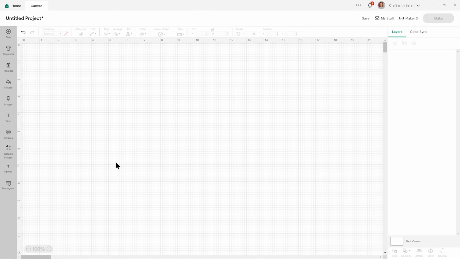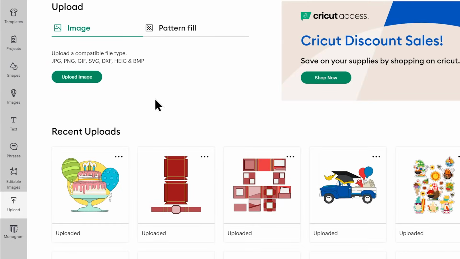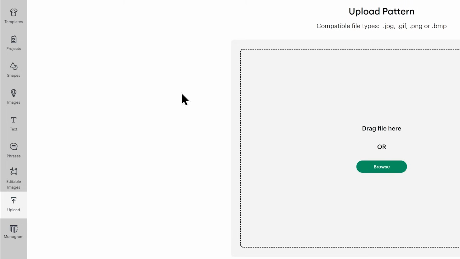Open up Cricut Design Space and start a new project. There are two different ways we can use our images. One is by setting it as a repeating pattern in Design Space as a pattern upload, and the other is by uploading it as a print and cut image, and then we can manually crop it to whatever shape or size we want. First, let's go into Upload and we'll do the pattern fill. So you see where it says here, Pattern Fill on the right. If you click on that one, you can then press Upload Pattern.